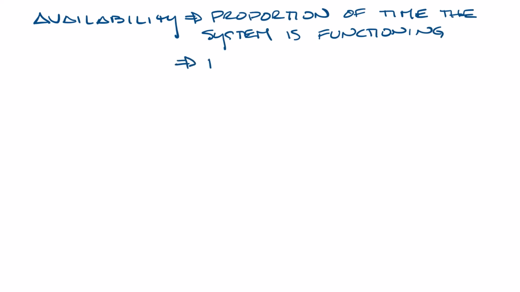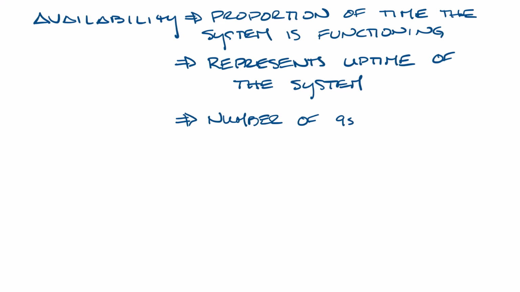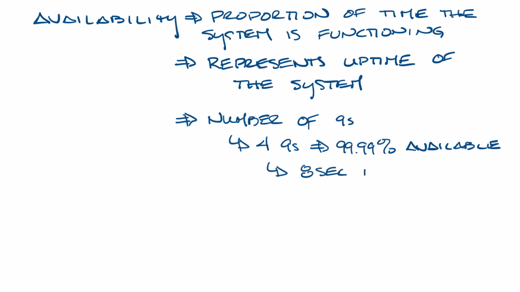Next, there's availability. This is the proportionate time a system is functioning. This represents the uptime of the system and is also given in numbers of nines. So 4 nines would be 99.99% available. This equates to no more than 8 seconds of downtime per day, or 52 minutes and 35 seconds of downtime